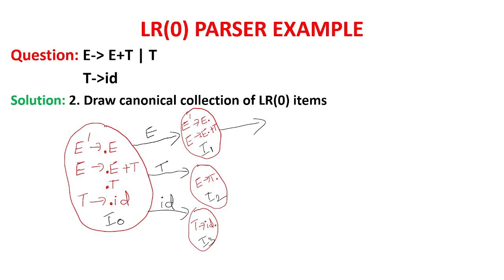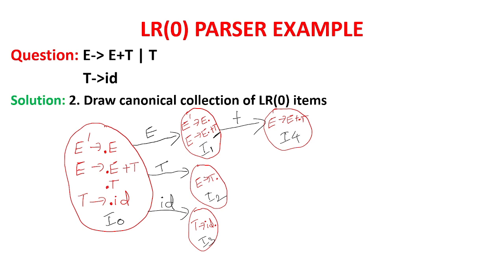So next, E produces E dot plus T. Now after dot over here, plus is there. So we can visit the plus or we can expose the plus. Okay, so plus will come over here. Okay, so write this production. E goes to E plus dot T. So after plus the dot will come, because now plus is visited or exposed. Now dot T is there. So now plus is exposed. So we can give this circle the name I4.